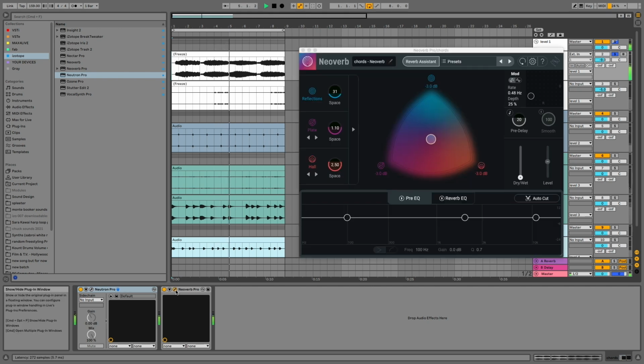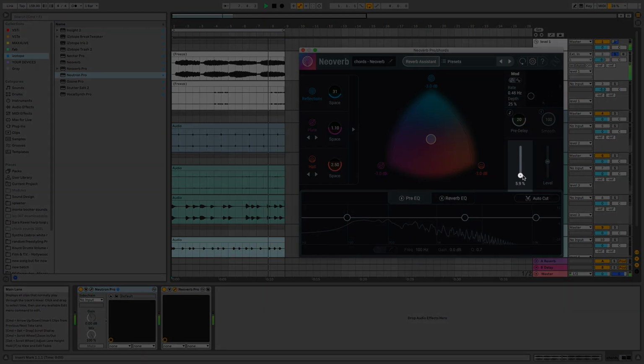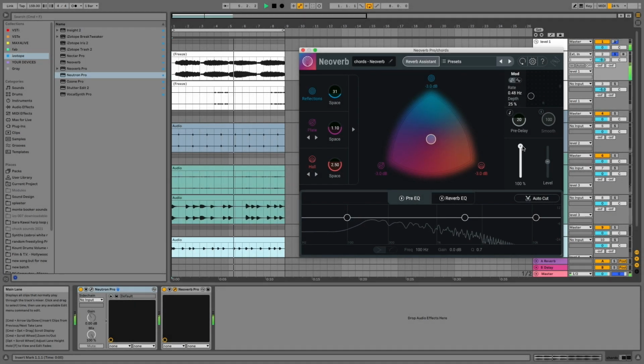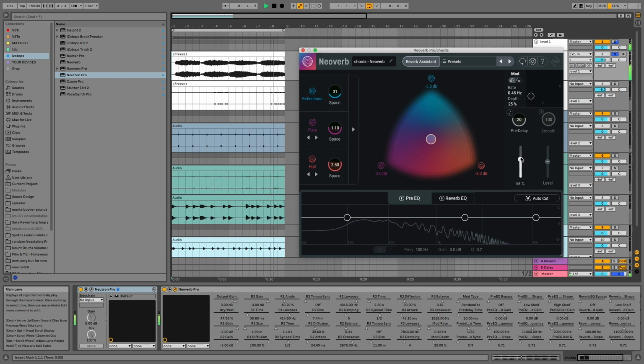I want this to feel more ambient, so I'm going to add some Neoverb Pro. But I have a small problem. I like how this sounds at 0%, 50%, and 100% reverb. Fortunately, I can have all of that with automation. It'll let us experience a blend between everything I want to hear.